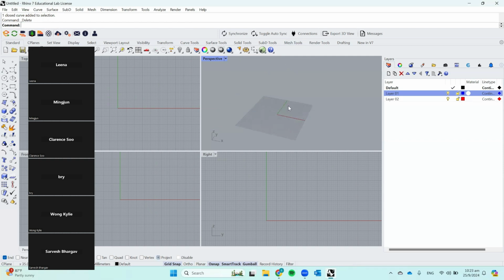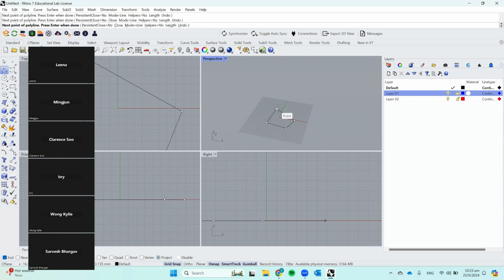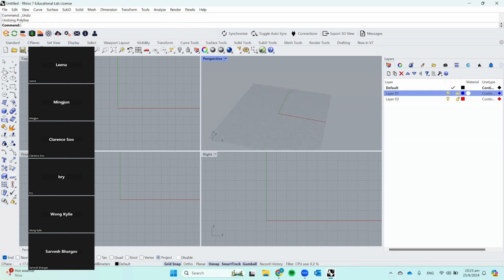So usually when I'm drawing in 2D on Rhino, I use the top view, obviously, and then I turn on project so that I know that I'm drawing flat. So if I draw this flat line, the function I'm using now is polyline. Under this function, these are all standard. I'm currently in the NURBS interface, you know what I mean? So these are all standard